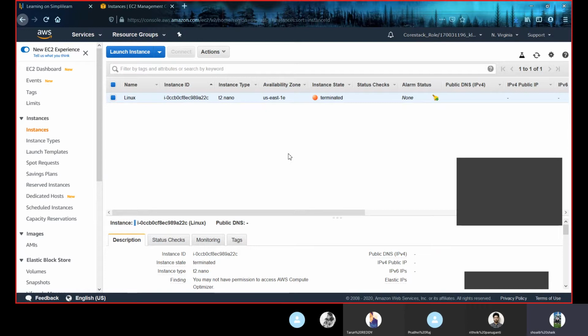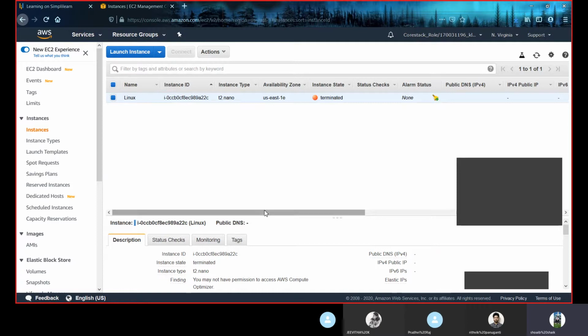Give it a name, save it, go back to your console, copy your IP address, go to PuTTY and paste your IP, and you have to type ec2-user before your IP address so as to make sure your IP address identifies your user. Then you have to open. So yeah, that's how we connect to a Linux server. I hope everyone is clear with this.